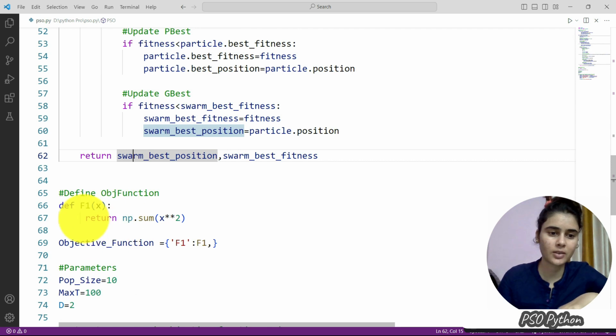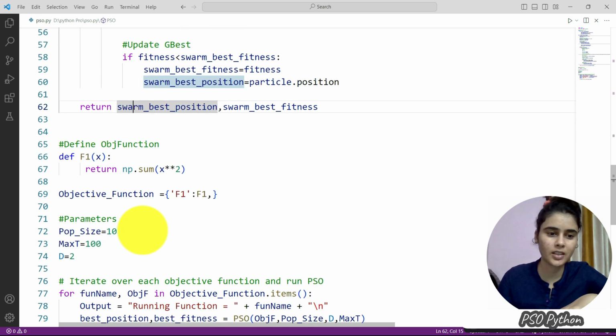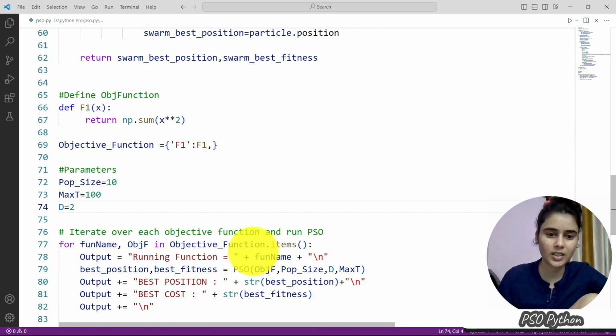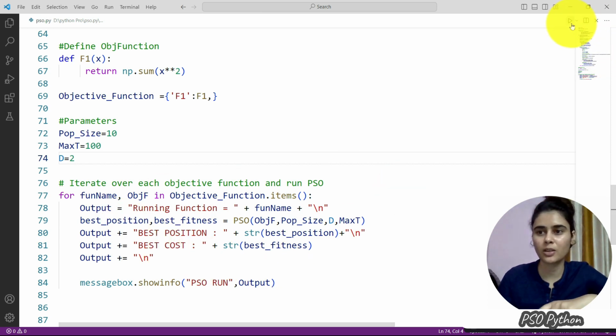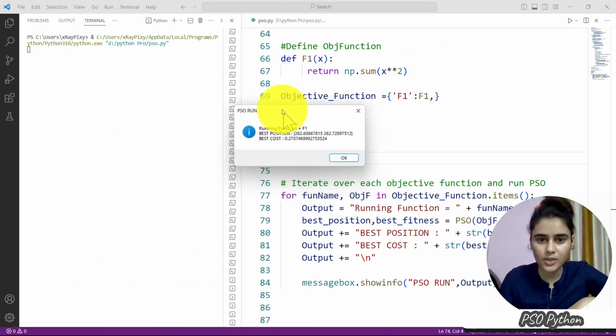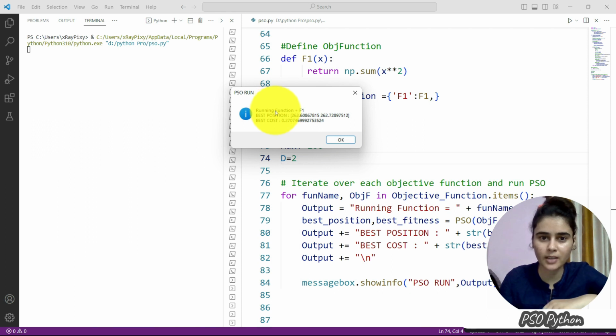So here we have the objective function that we applied here, population size, dimension, and then we will repeat this. Now run this code, and here you can see in the message box we have the running function, that is F1, here this one, and the best position we obtained here, this one, best fitness value 0.27074.